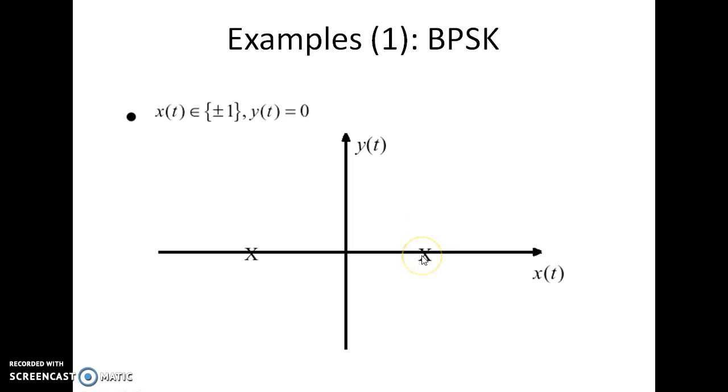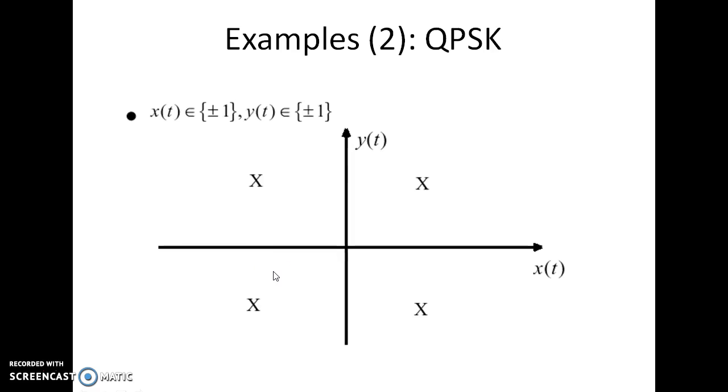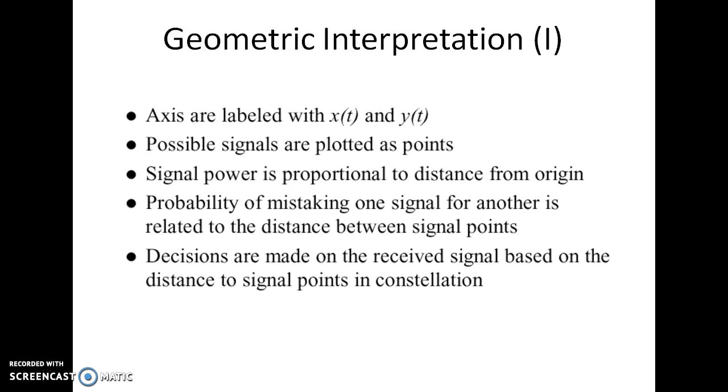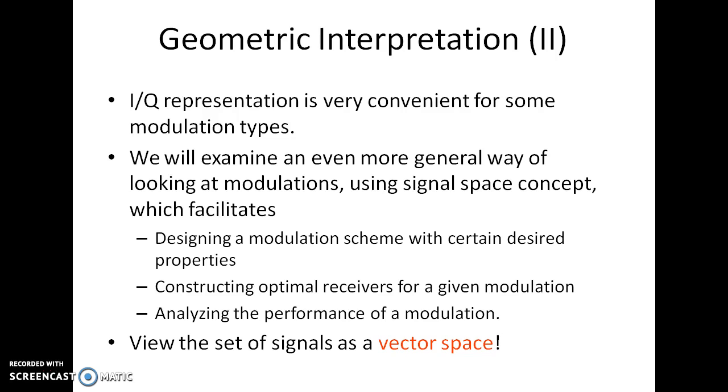The second signal is also represented by a point over here, so you can see where these 2 points are lying in space. Similarly, if you have QPSK, the constellation diagram comes out to be 4 points in space situated as such. Then QAM has 16 points. Similarly, you can do this for any modulated signal.